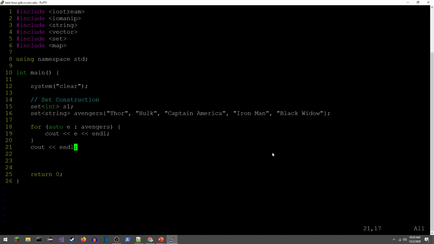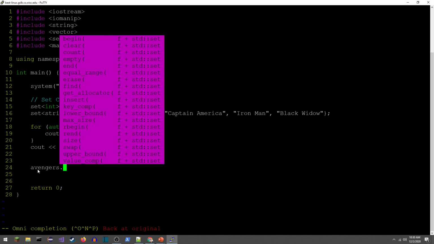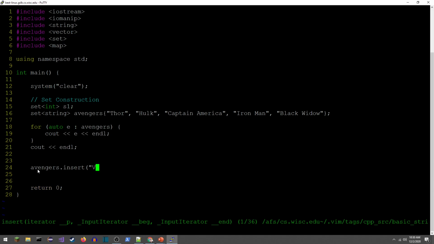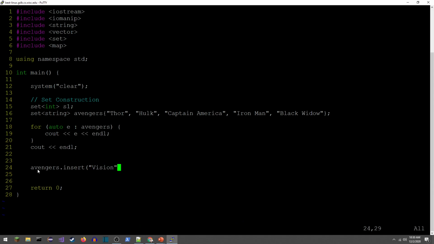Let's talk about the insert operator. Adding more data to a set can be done in a number of ways, but they all use the insert operator. So I need my type of my data, insert, and then we'll go ahead and add one more. We'll add Vision, and then I'm going to go ahead and